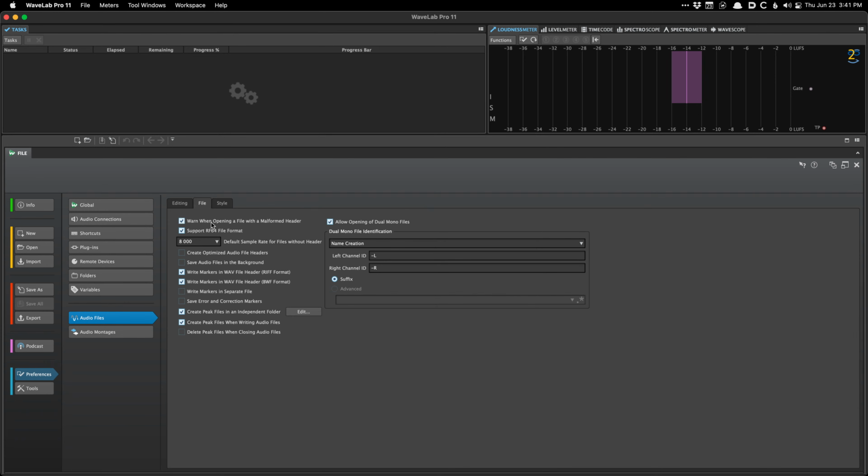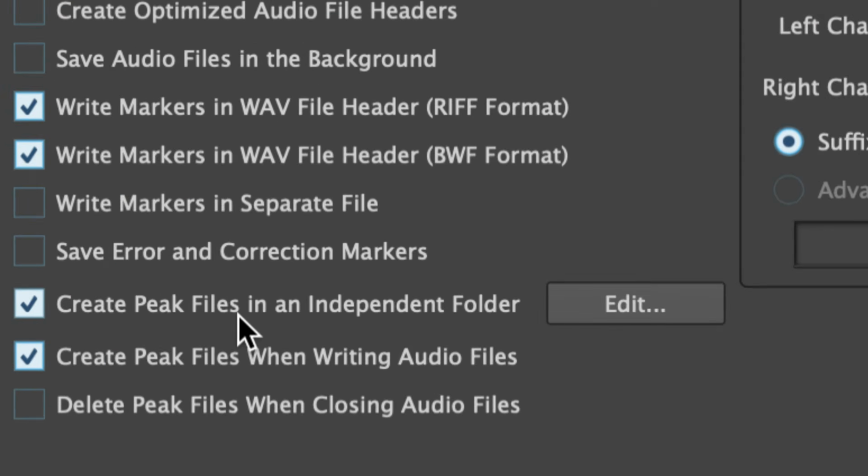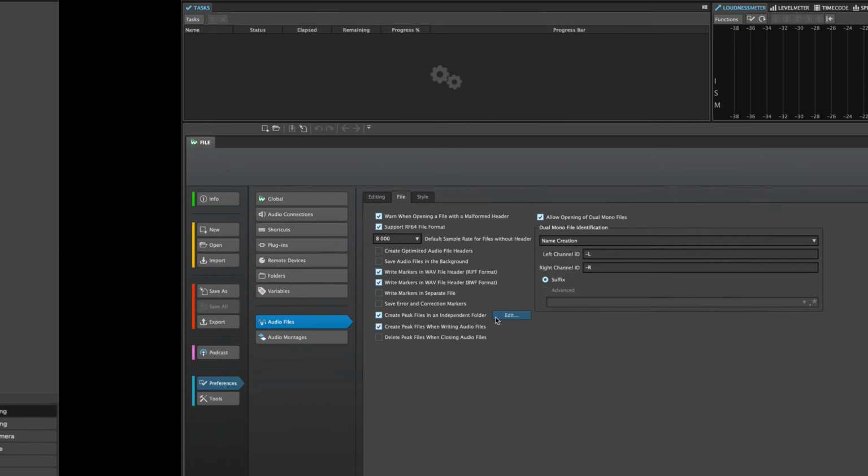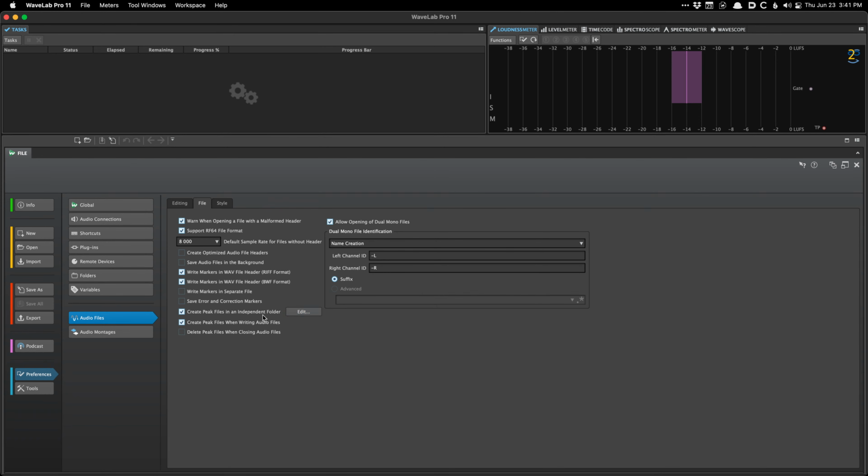So the setting you want to look for is this one right here, which is create peak files in an independent folder. When you select it, this is the default path. And again, it's set to 9. I probably need to change it, I don't know why it didn't change. I've been using these settings for a long time. It doesn't really matter in my opinion. The thing that matters is that